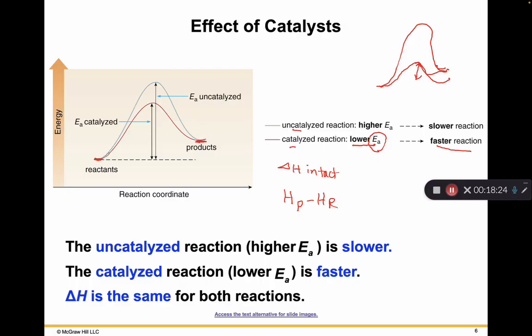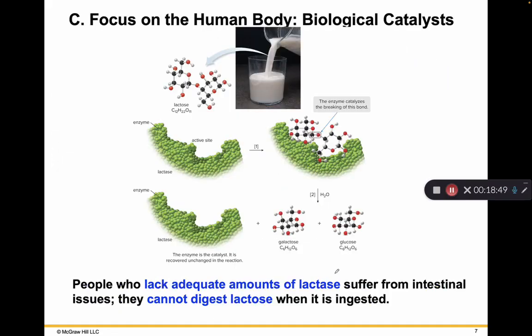Both of these curves start from the same point and end up on the same point. It means the delta H is the same for both reactions, either catalyzed or not catalyzed. So by using the catalyst, you lower the EA and you make the reaction faster. How cool is that? All right, so now let's look at how the catalyst, or the biological catalyst, the enzymes,